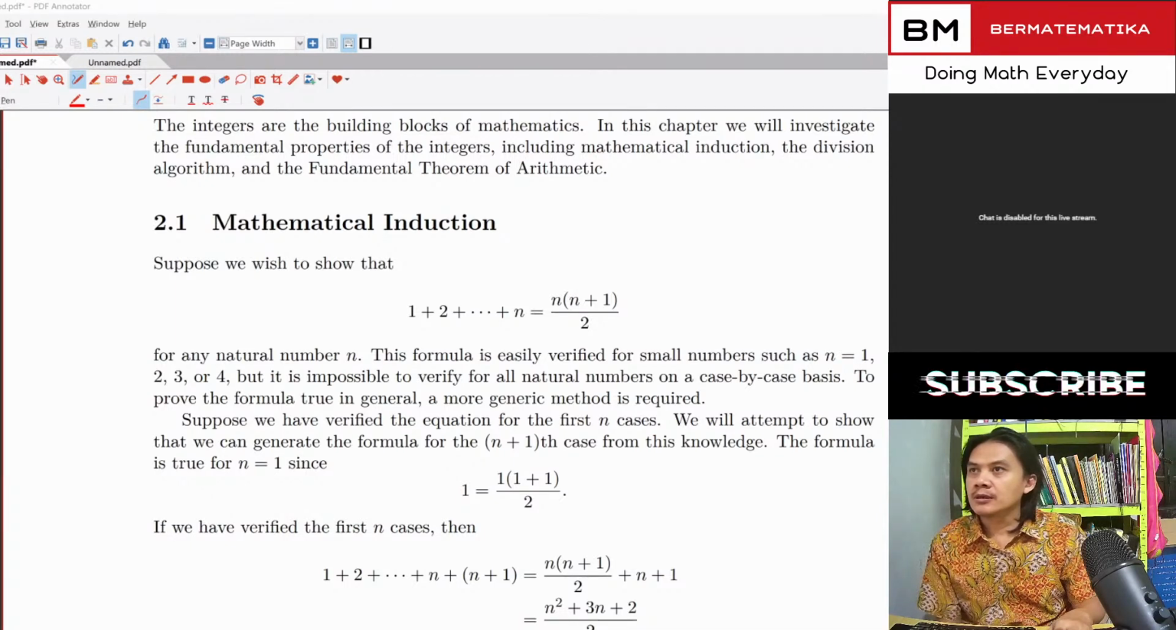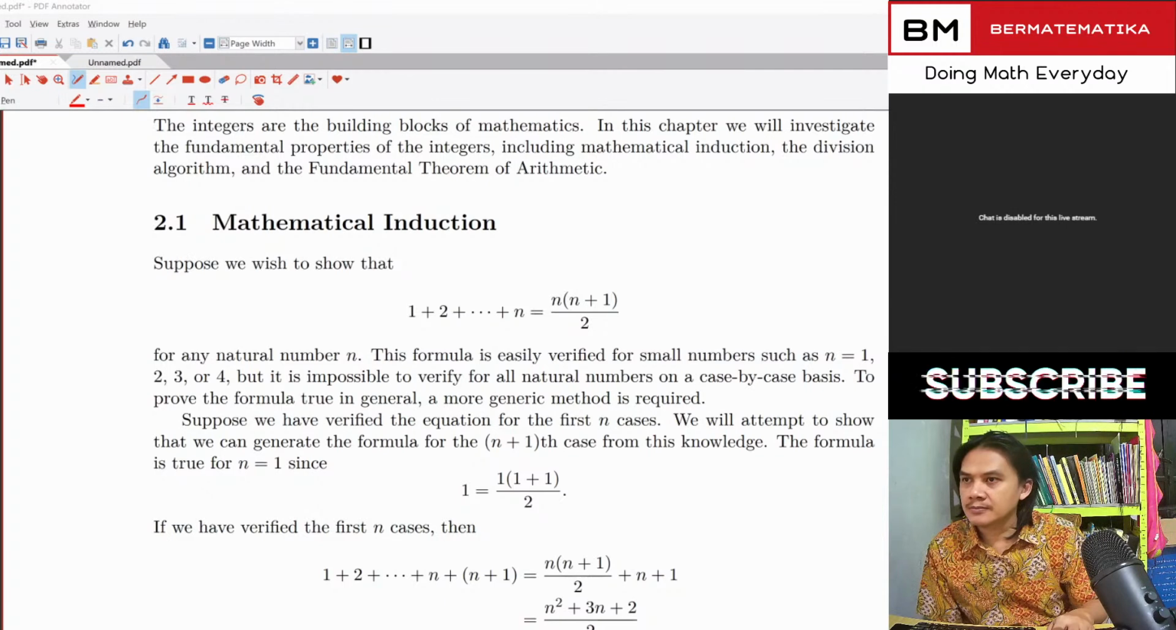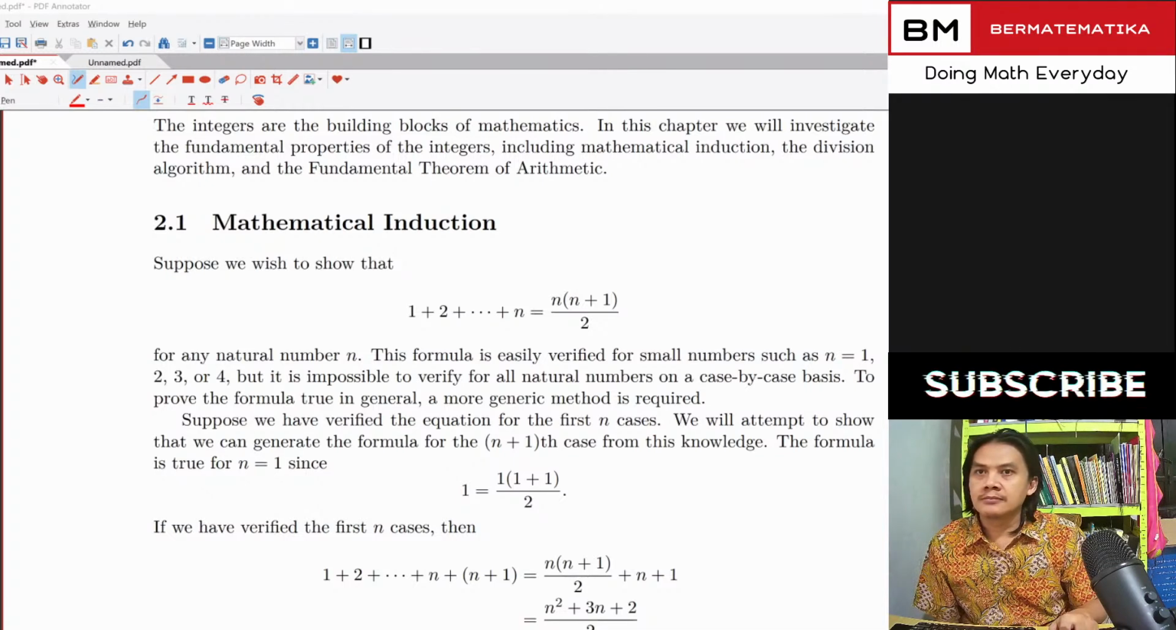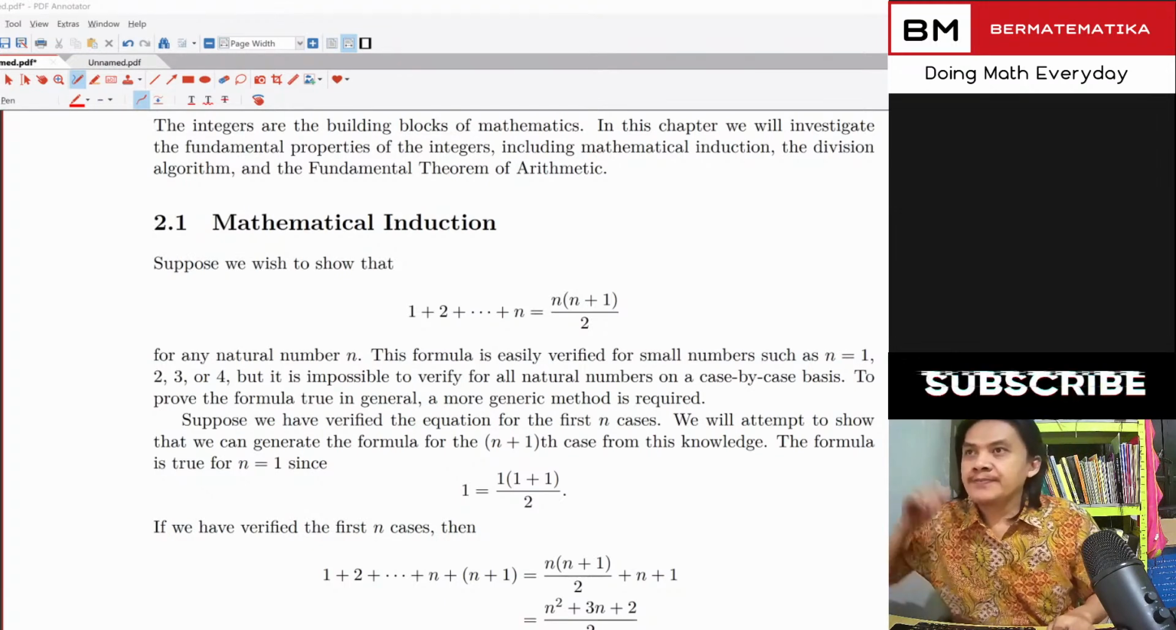So we're going to continue our discussion about abstract algebra, but let's see what can be done first. So what is this? What should I do here? Okay,